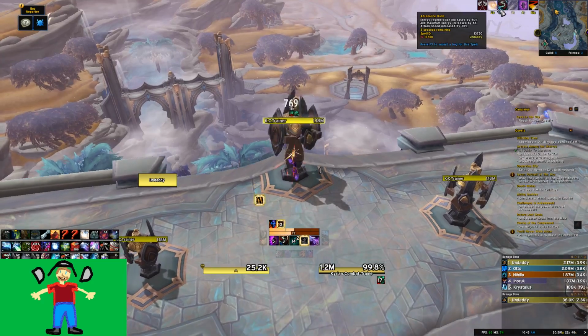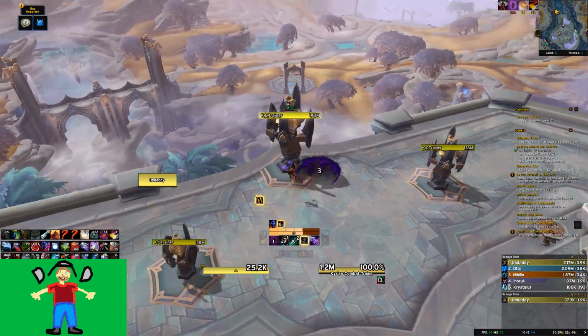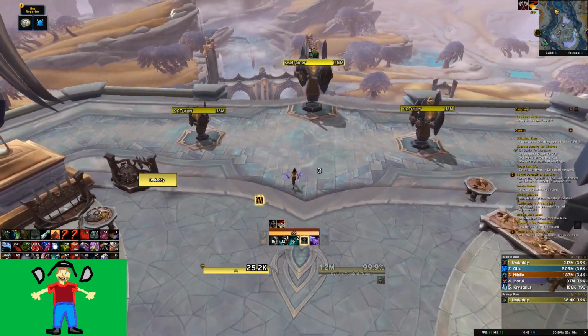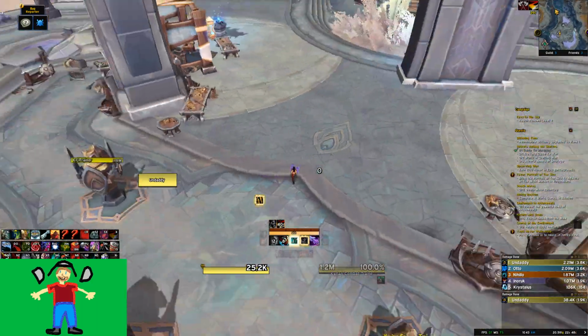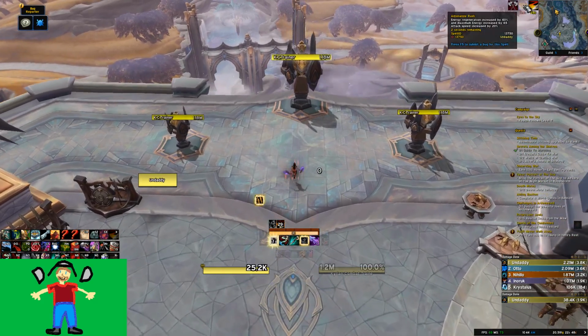Oh, come on. There we go. So we get the buff. 60% energy regen. Max energy increased by 65. Wait, I thought it was supposed to be only 50. And attack speed increased. So this is actually super fun as Subtlety. It makes single target feel really clean. You get enough procs in between that